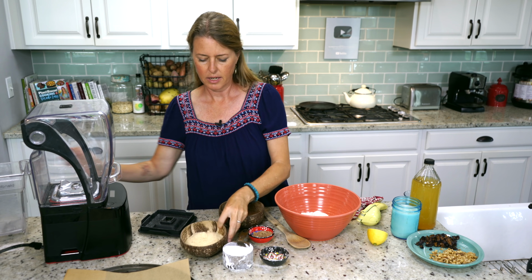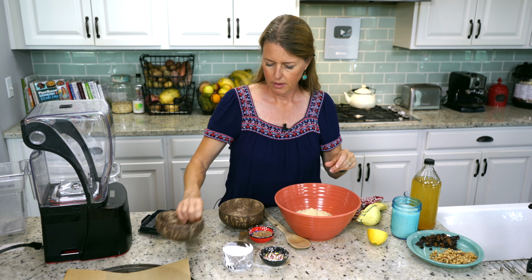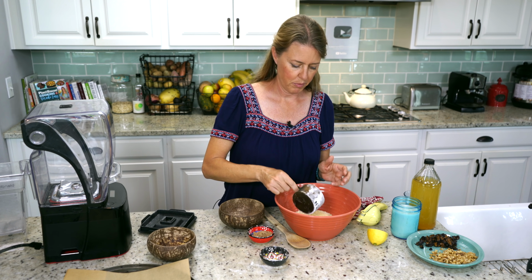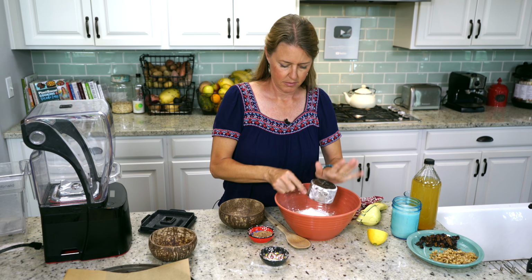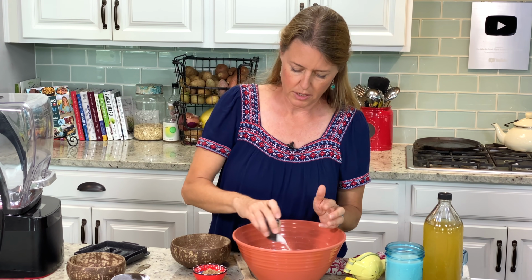Set that aside. Then I have 1 cup of almond flour, or almond meal, 1 cup of arrowroot powder, 1 teaspoon of baking soda,